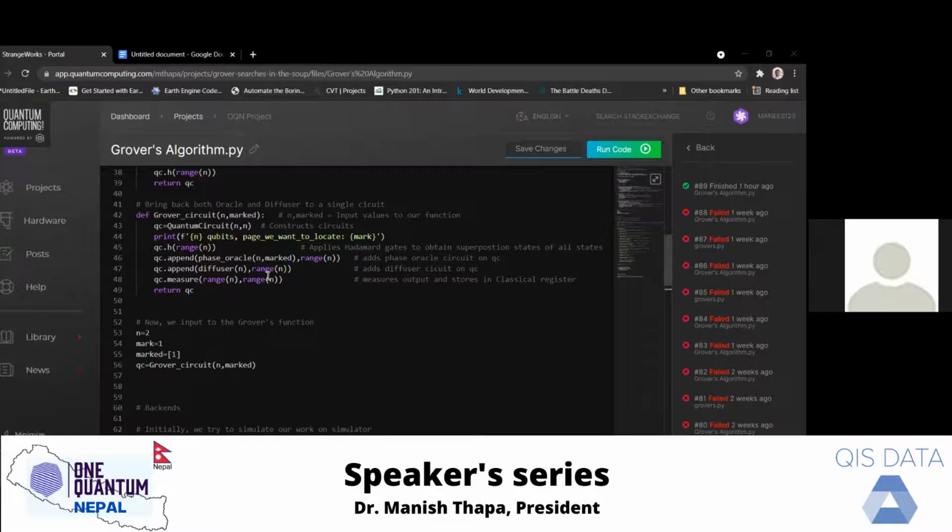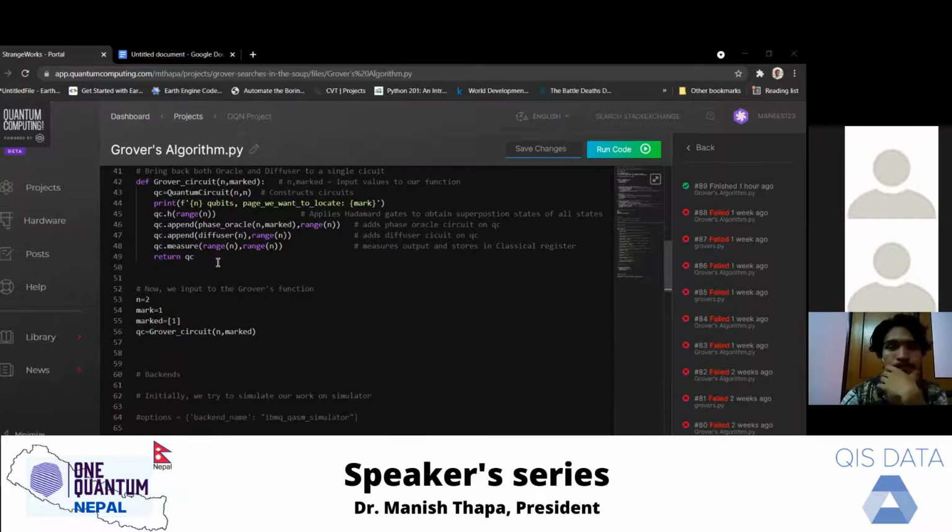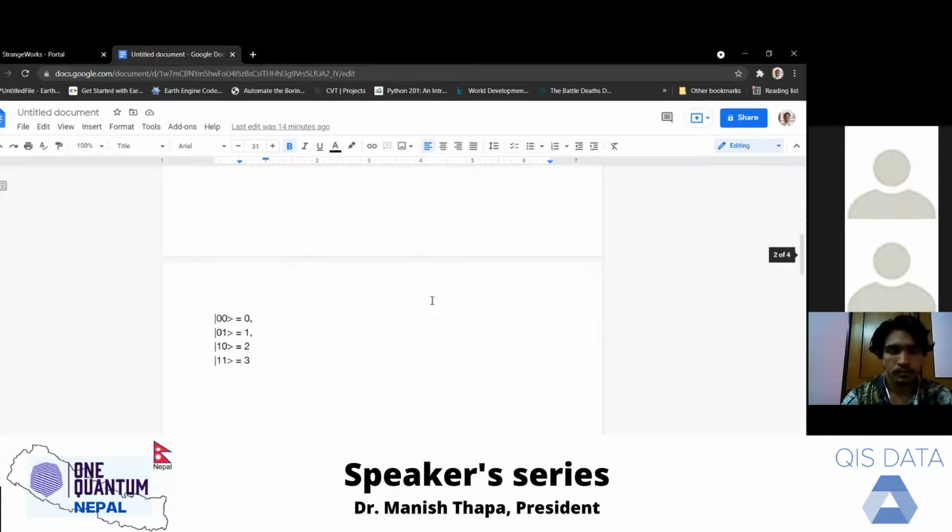So in our problem we had a diary consisting of 4 pages, so we input n as 2 such that it will generate 4 states: 00, 01, 10 and 11, just like this.